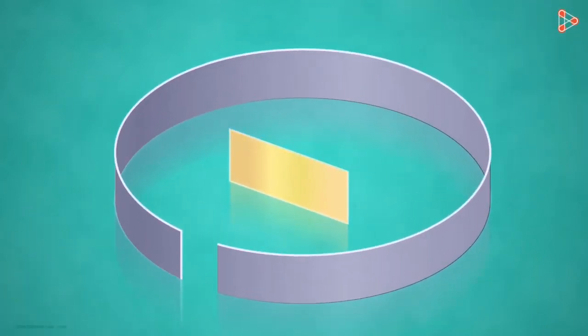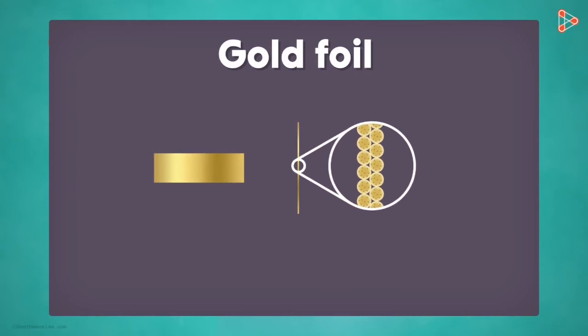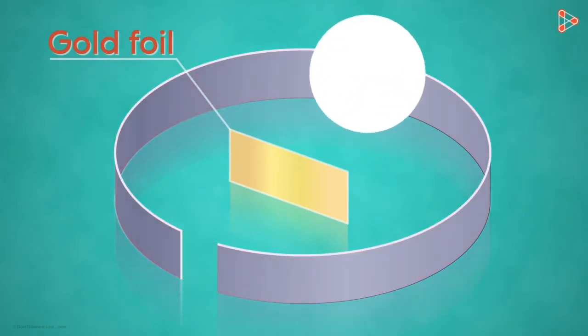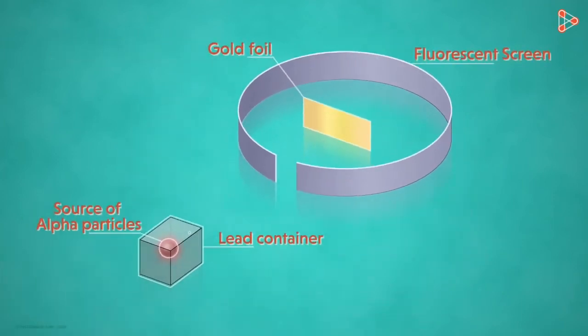Next, he used a very thin gold foil on which the alpha particles would bombard. Why did he choose a gold foil? Well, a really thin gold foil was estimated to contain approximately 1000 atoms. The fewer the atoms, the more convenient the experiment would be. Lastly, are we able to locate this circular band with a gap here? What could this be? Well, this is a fluorescent screen that would help us detect the radiation. That means the screen will glow or emit fluorescent light whenever alpha particles hit it. So this is how the track of alpha particles can be traced.